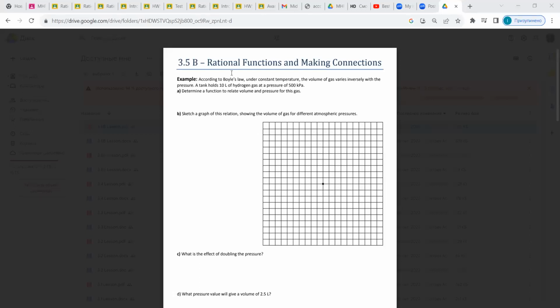According to Boyle's law, under constant temperature, the volume of gas varies inversely with the pressure. A tank holds 10 liters of hydrogen gas at a pressure of 500 kilopascals. Determine a function to relate volume and pressure for this gas. Okay, is anybody familiar with Boyle's law? It's quite interesting. There are three main laws for